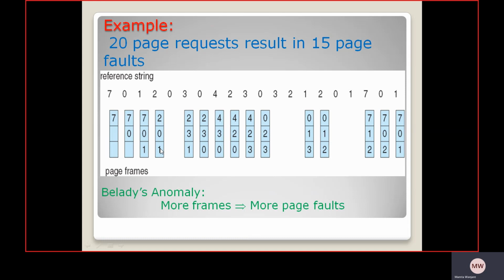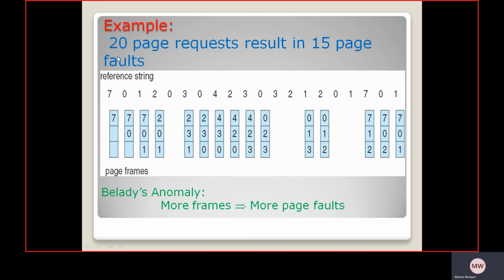So 2 0 1 is there. Whenever we go for the 0 value to put into the frame, 0 is already present, so that is a hit. Then we go for the next value, 3.